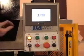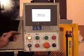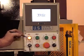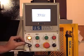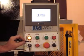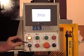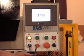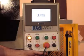Let me cover the control panel. This is your power indicator light. The key switch is part of your start circuit. It has to be in the on position for the motor to start, which we covered earlier in the start procedure. This is your motor start button, motor stop, emergency stop,